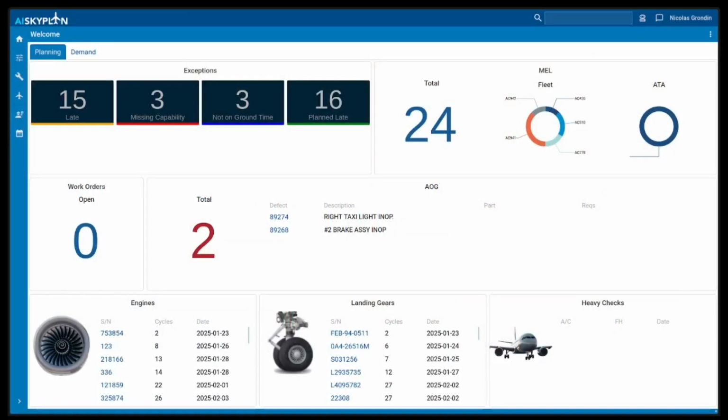AISkyPlan is a plugin that connects to most airline ERPs and helps automate the maintenance planning. In order to do this, it requires integration to a lot of input data: aircraft flights and ground times, the people and their qualifications, their rosters, the tools and inventory availability, and more. This is all required to make the best decisions on maintenance task scheduling and resource allocation for the actual production